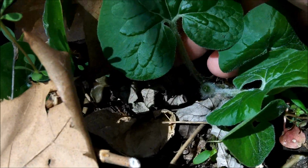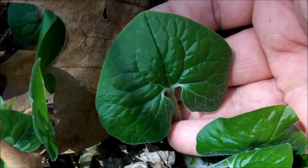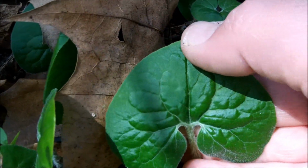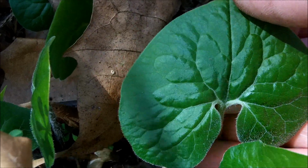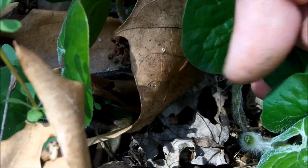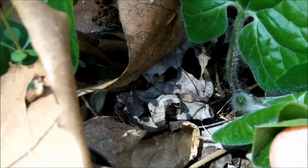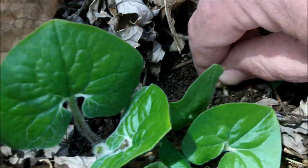But this is the plant. It has a somewhat heart-shaped or kidney-shaped leaf. It has very prominent ridged veins. You can see the veins, and they're kind of three-dimensional. They give the leaf a three-dimensional look. The stem of the leaf is woolly, with little white woolly hairs on it. And most importantly, when you pull one,